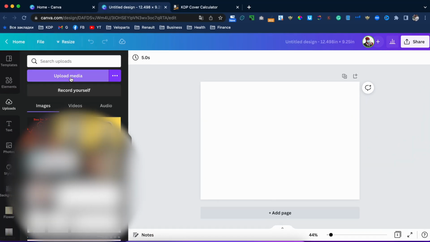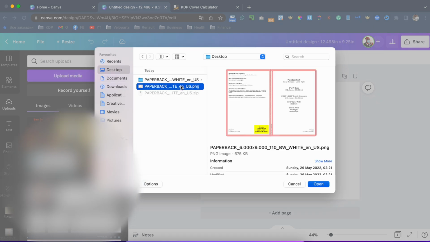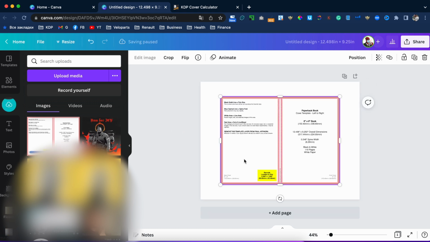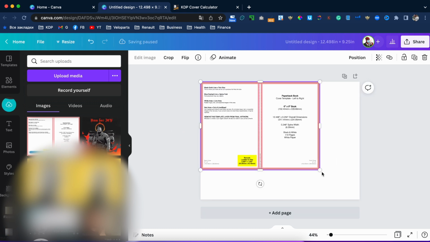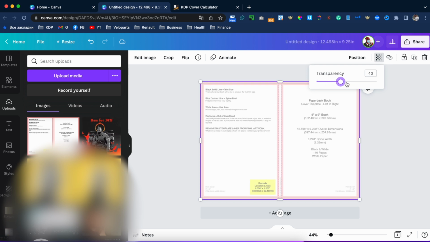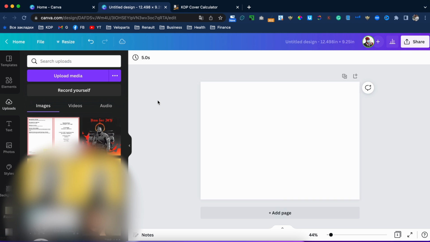Go to Canva, upload media, desktop. Here is our sample. As you can see, it reaches all our design. And with this sample we can create our cover the right way. Okay, delete, we don't need it now.